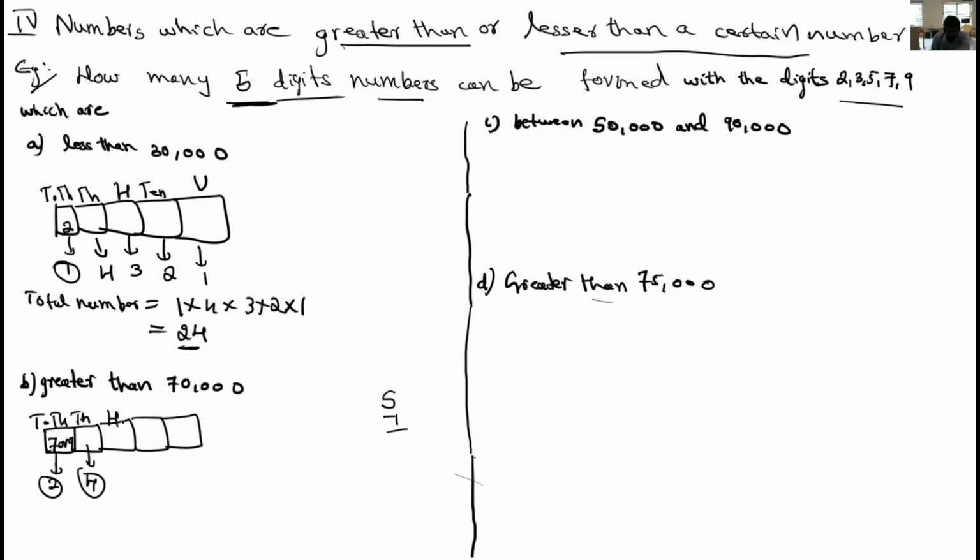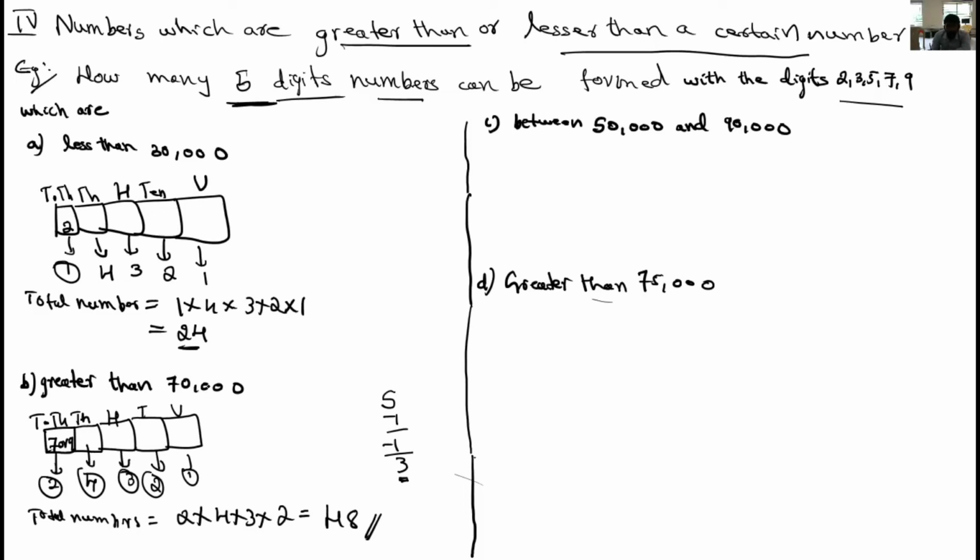Then see, for the hundreds place, minus 1, 3 numbers are remaining. The hundreds place can be filled in 3 ways. Then similarly, the tens place can be filled in 2 ways, and the unit place can be filled in only 1 way, since repetition is not allowed. So total numbers is equal to 2 into 4 into 3 into 2. 4 3s are 12, 12 2s are 24, 24 into 2 is equal to 48 numbers are available